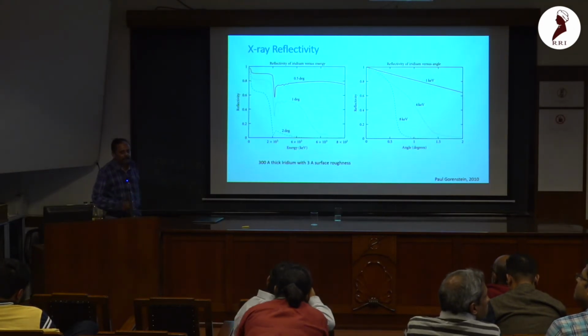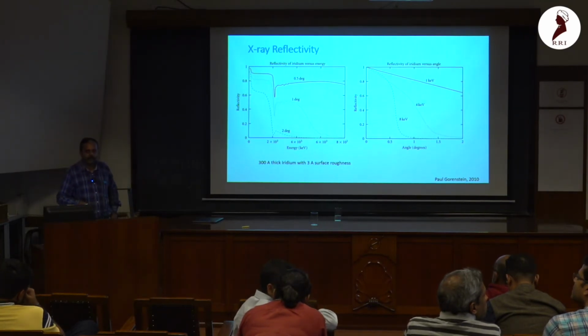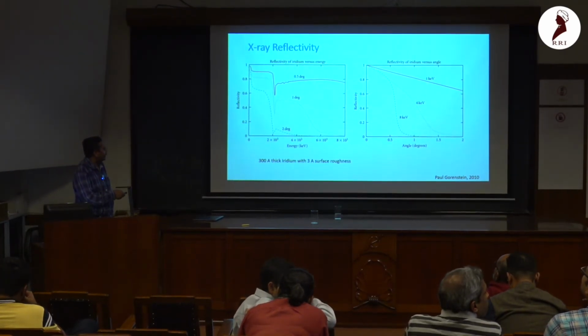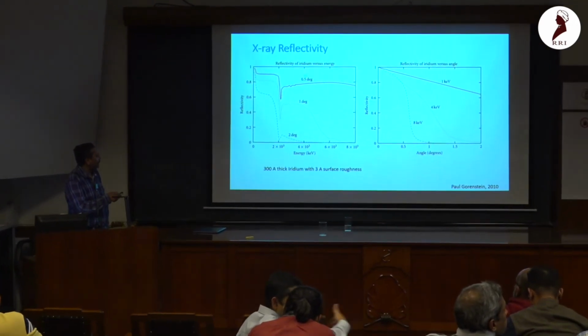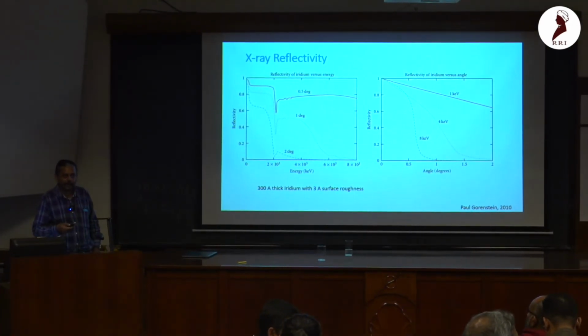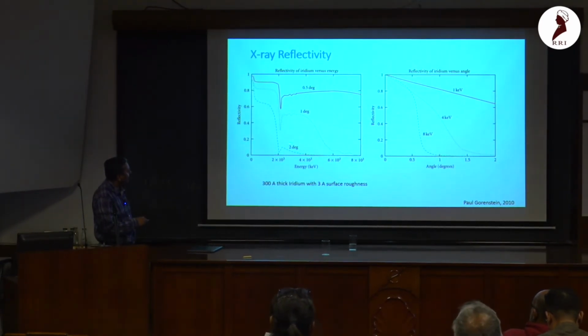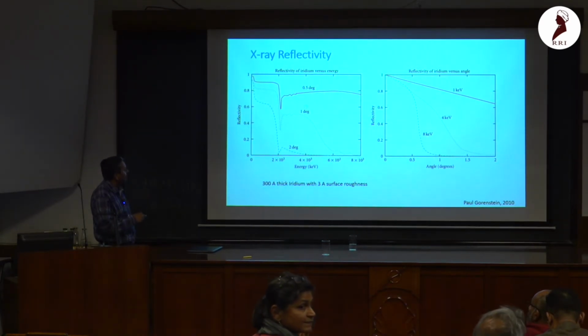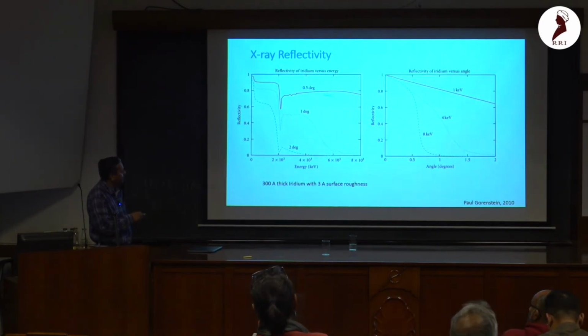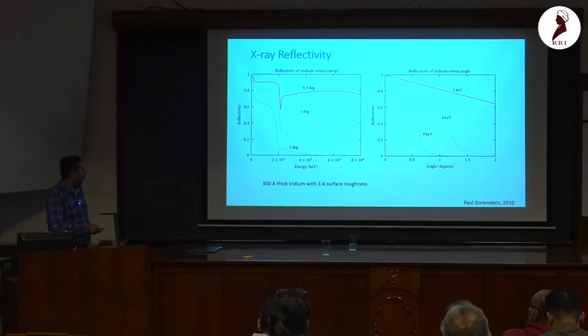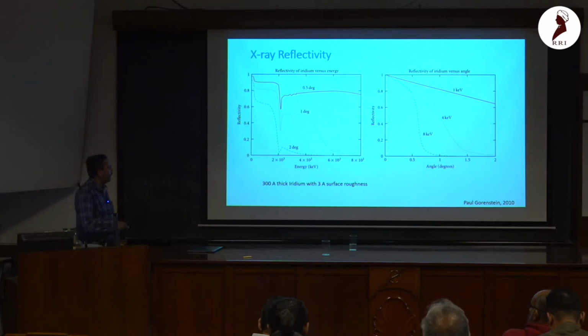Okay, so people have studied different materials, and the important parameters here are basically the energy of the photon and at which angle it gets reflected. So if you have a photon coming at an angle of 2 degrees, only up to 2 keV it can be reflected efficiently. But if the photon comes at less than 1 degree, it can go all the way up to 8 keV or 10 keV reflection. So if you have a single coating of 300 angstrom with iridium material, then this is what can happen. Similarly, if you have